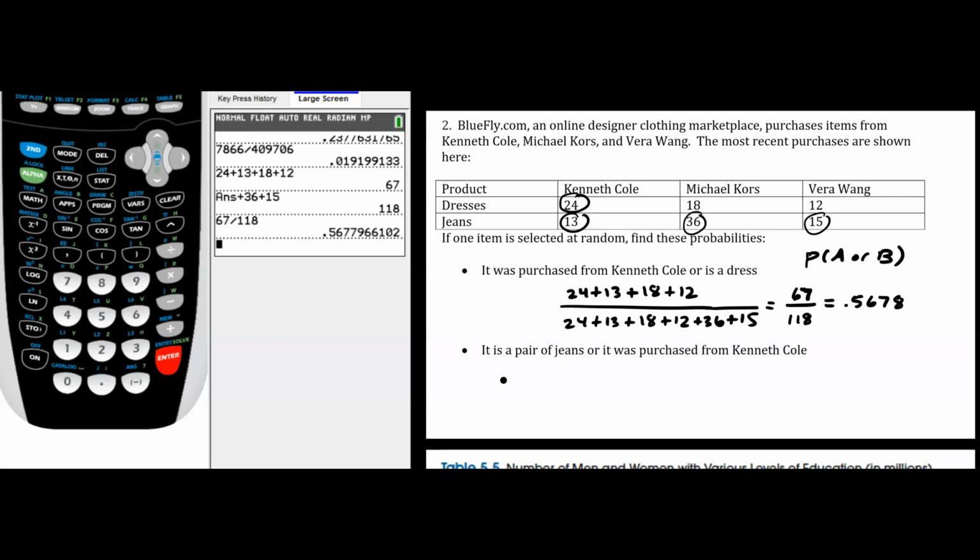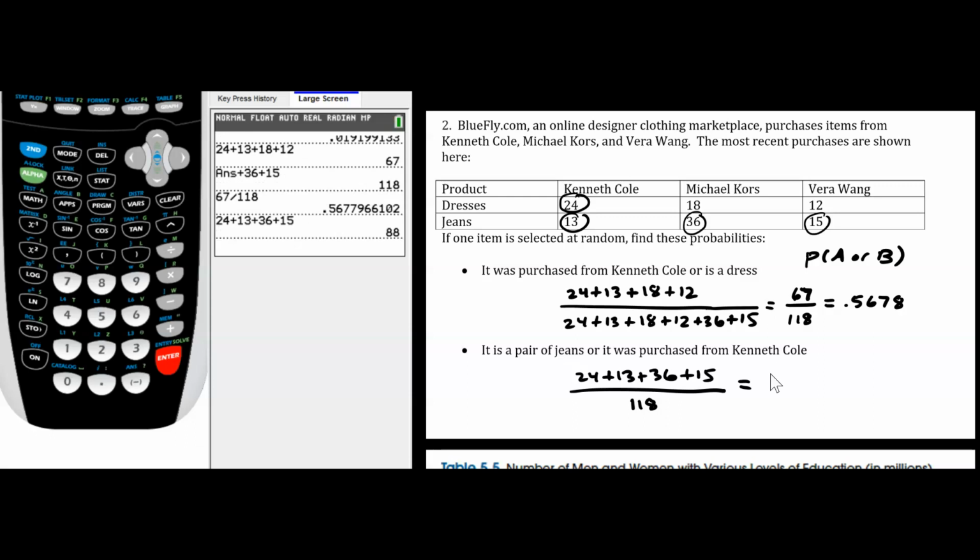And so to answer this question, we would say, okay, let's get the grand total of all jeans as well as items purchased from Kenneth Cole. And so we can get that grand total by saying 24 plus 13 plus 36 plus 15. And we'll divide by the sum of all of the cells. And the sum of all of the cells was 118. And so this time, let's see what our numerator is. 24 plus 13 plus 36 plus 15. And we get an answer of 88 out of 118. So 88 divided by 118